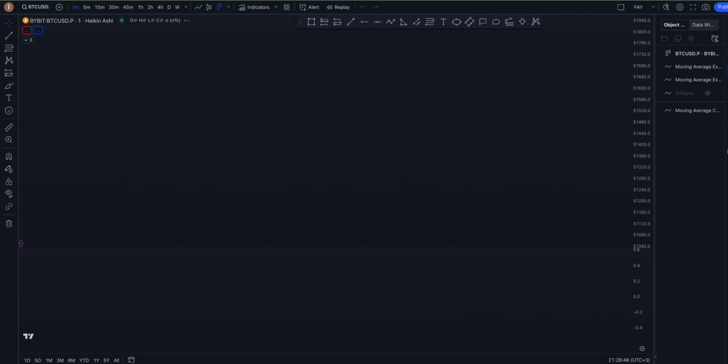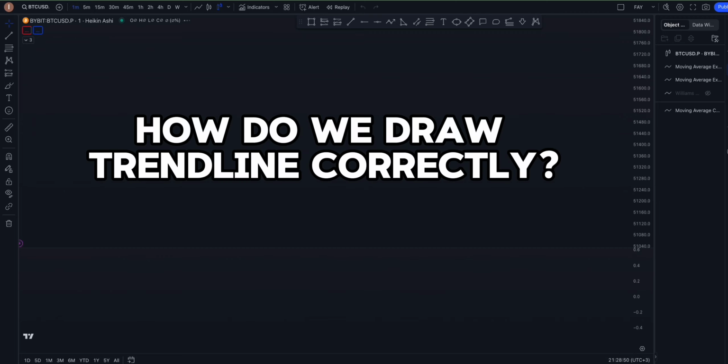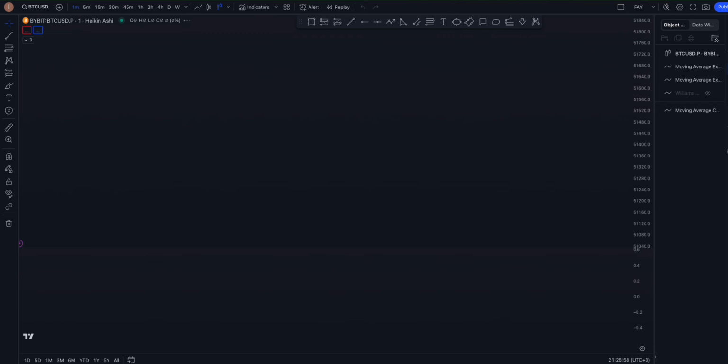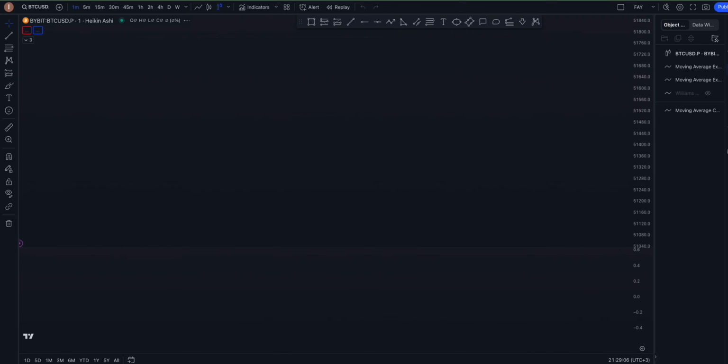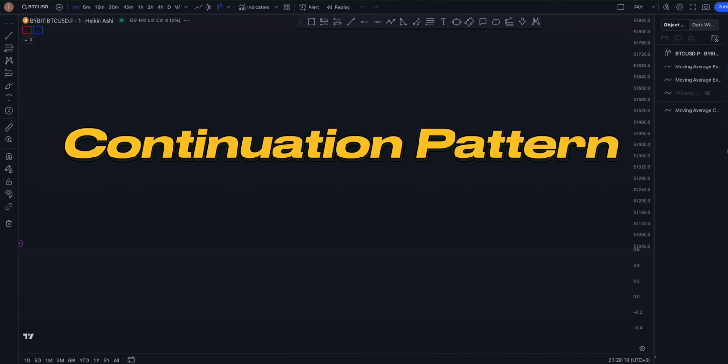Now, having said this, how do we fix these trend lines? First, before I show you on the chart how to fix the trend line, let's discuss how many types of trend lines there are out there. There are two basic types of patterns. You either have the continuation pattern or you have the